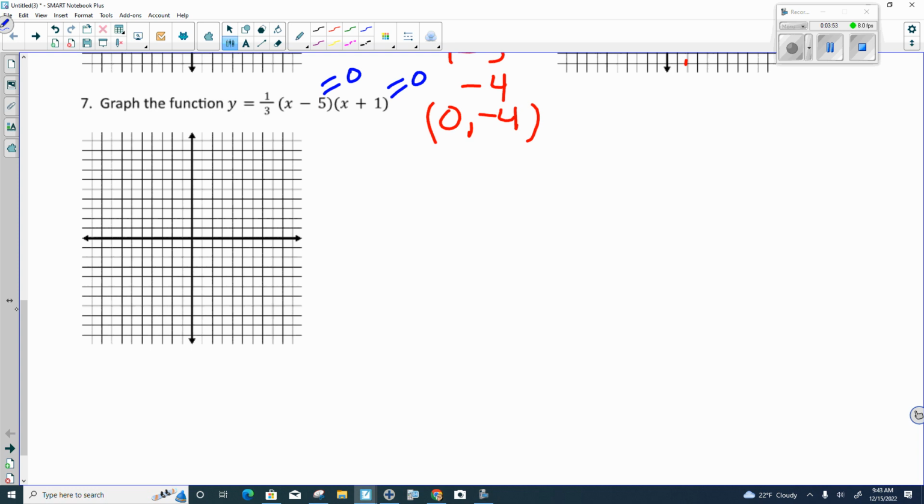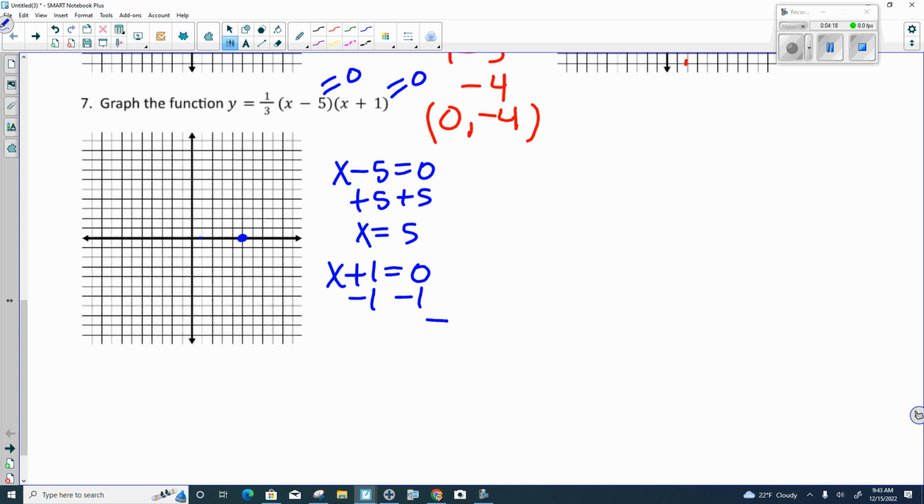But if you don't know what that even is talking about, you set them equal to 0. Setting it equal to 0 is making sure your y is 0. I am creating this situation. I'm saying I want y to be 0. And then when I solve, I'm finding that my x-intercept is 5. And my other one,